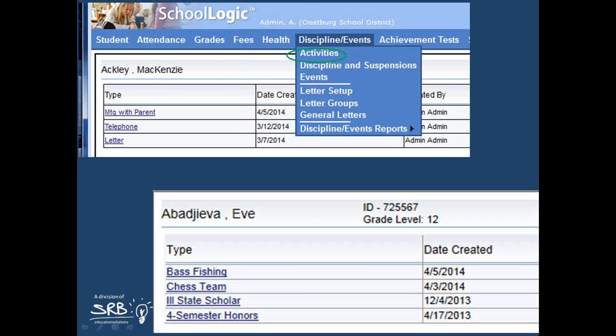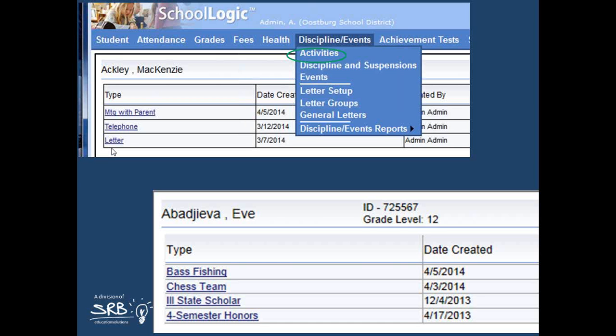Okay. Now, let's see how this might play itself out in the top example. Now, in the top example, my types are things like meeting with parent, telephone, letter. I suppose you could think of this maybe as discipline incident light, like light beer. Maybe you're in elementary, and you don't need to create big, hairy discipline incidents with all sorts of details and enough information to forward to your local district attorney. Because believe me, I have high schools that do that. They crank those records out, and they literally forward some of the discipline records from SchoolLogic to their police agencies.